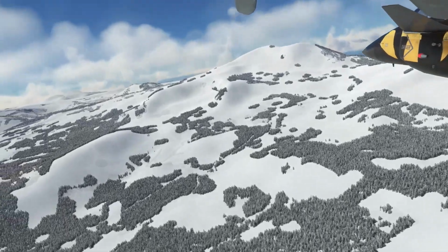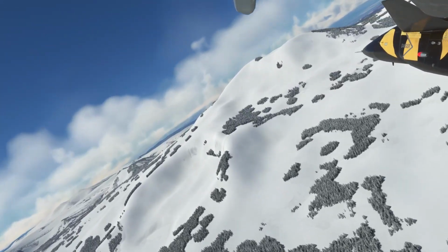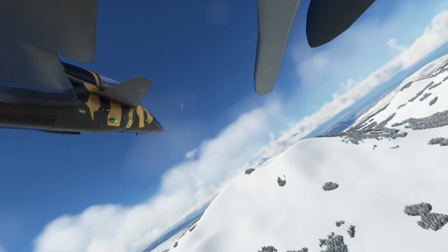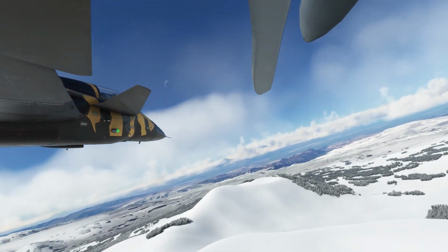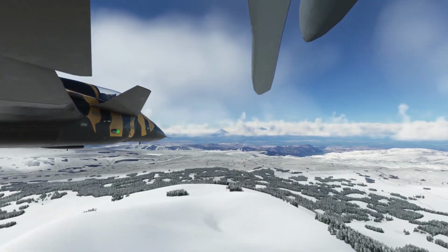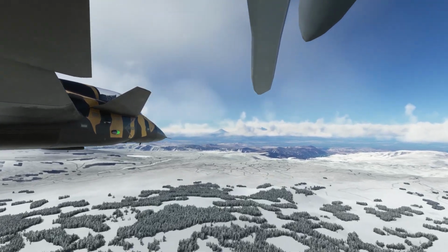Right, that's about where we want to be. Slow up a bit, make sure we... So there's Ararat dead ahead, as predicted. So if we follow that, we'll see Ararat dead ahead. We'll start to see...